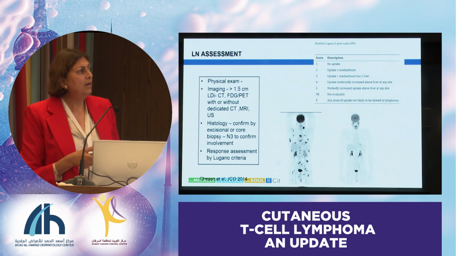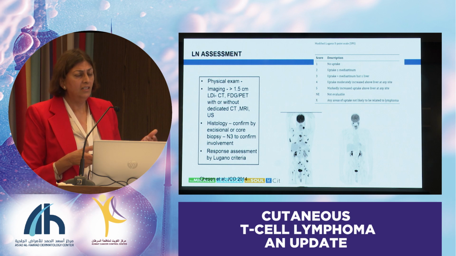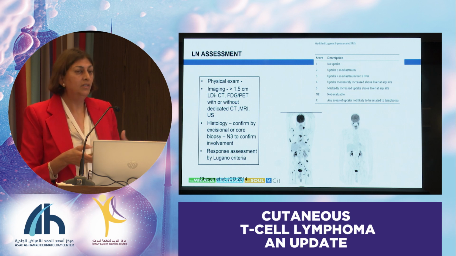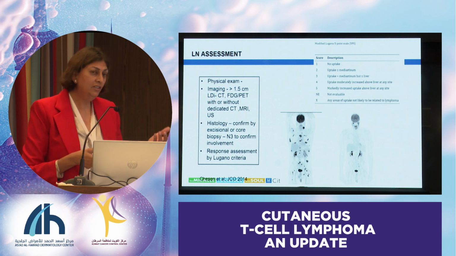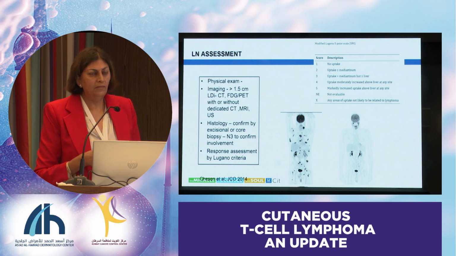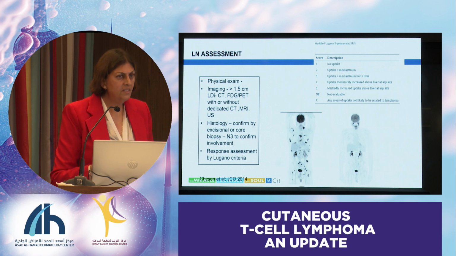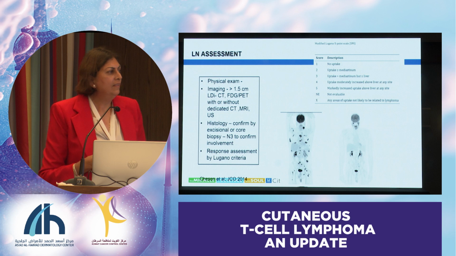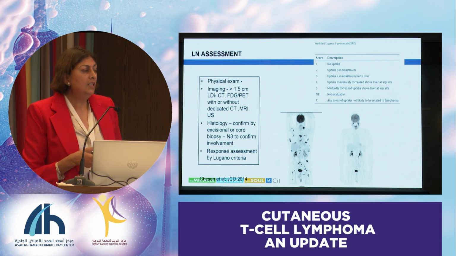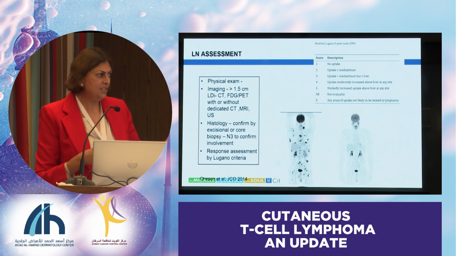You can do CT scans, you can do FDG PETs with or without dedicated CT, you can do an MRI, ultrasound, whatever is available to assess the size and location of the lymph nodes. You need to confirm for N3 disease, you need to confirm lymph node involvement. And nowadays we do a lot of core biopsies. You can do an excision biopsy as well. Just don't do an FNA. That's just not enough. And then currently for lymph node evaluation, we use Lugano criteria, which is based on PET